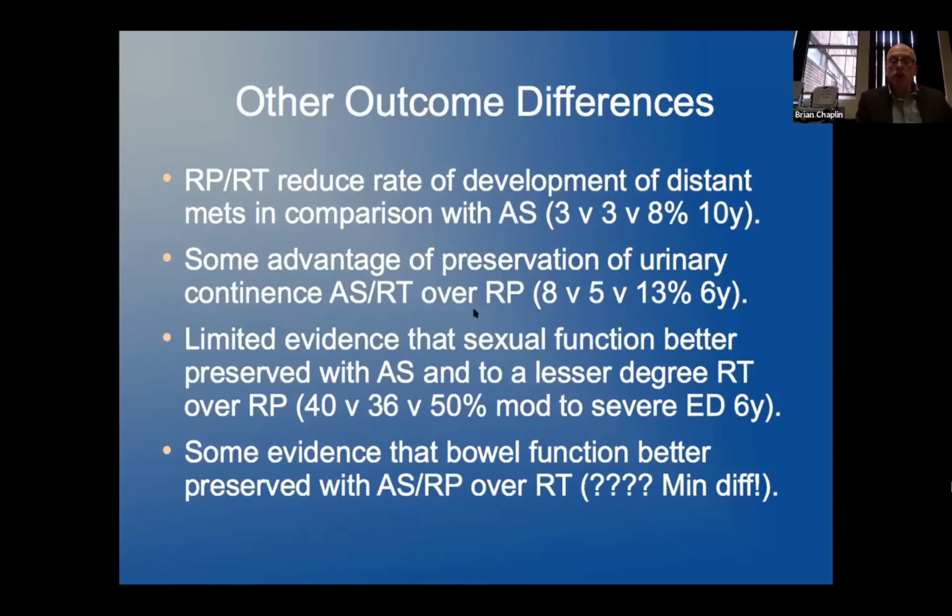There's some advantage of preservation of urinary continence with active surveillance and radiotherapy over radical prostatectomy. There is limited evidence that sexual function is better preserved with active surveillance and, to a lesser degree, radiotherapy. And I'd just like to point this out to you because this will tell you something about science and how science is evaluated. If you look at this, you actually do better